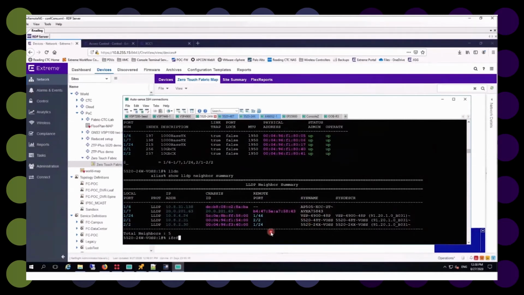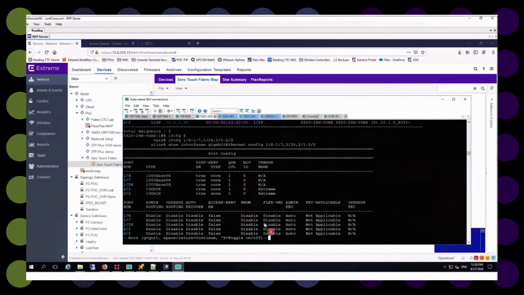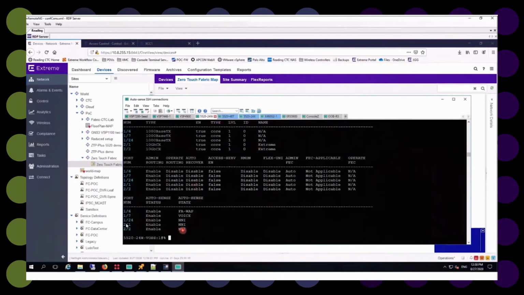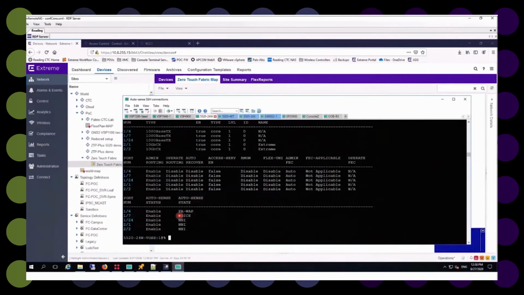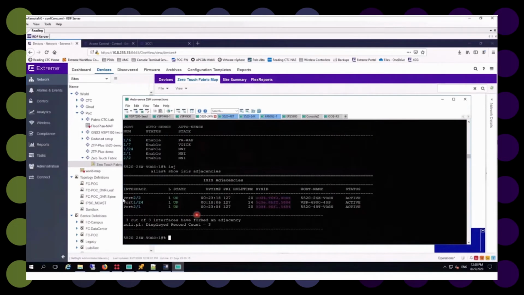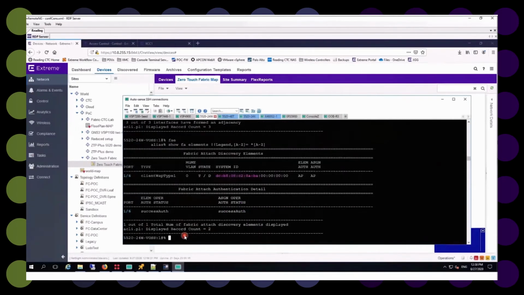And we can validate that by looking at our port profile, particularly around Autosense, to see what we've seen. And yes, indeed, those ports are network-to-network interfaces. We can also see that the Autosense port state for port 7 is voice, and for port 6 is a wireless access point. We show our adjacencies, and that does match with our diagram and does indeed show those are network-to-network interfaces. So we pretty much got a successful boot.